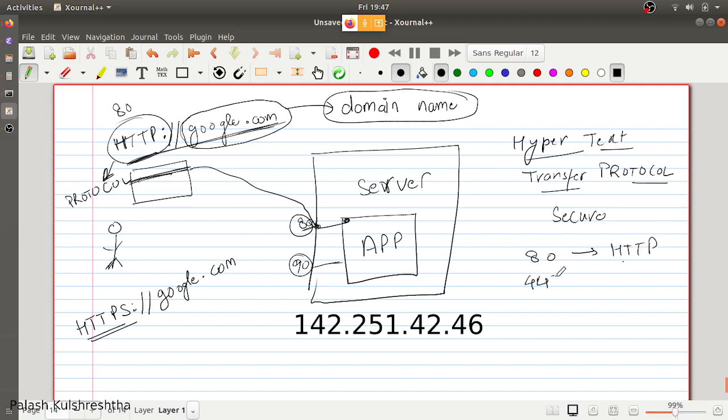Port 443 means HTTPS. Port 22 means the port for SSH connections, through which we connect to our remote servers, and there are multiple other services which have their dedicated standard ports.